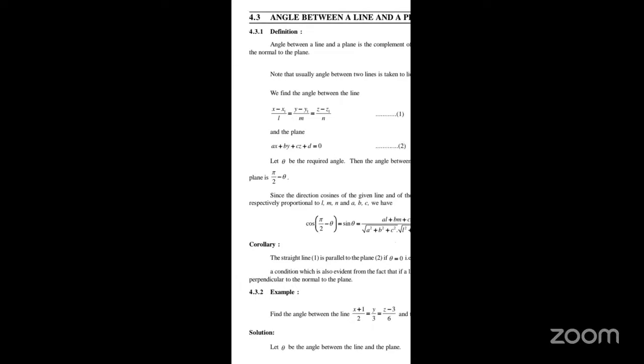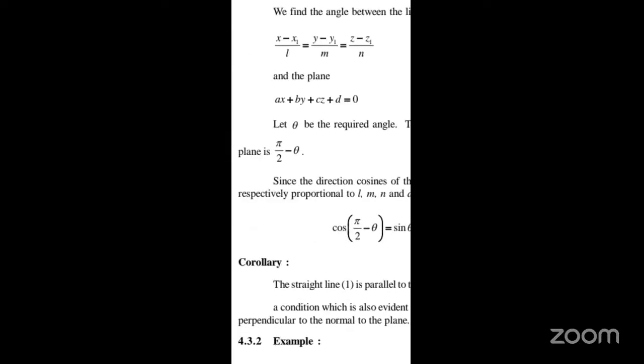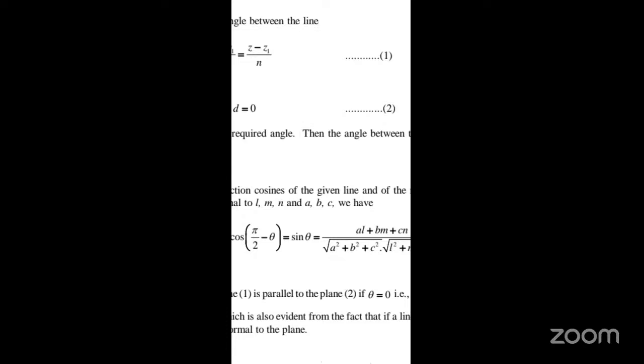So for the line and the plane, the trigonometric ratio is sin theta equal to, how to get sin theta? Cos of (pi by 2 minus theta). So cos (90 minus theta) is sin theta. That's why sin theta equal to, according to the normals of the line and the plane,